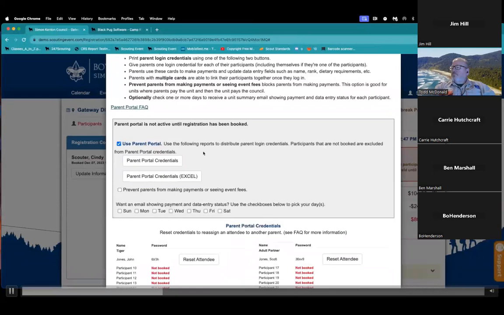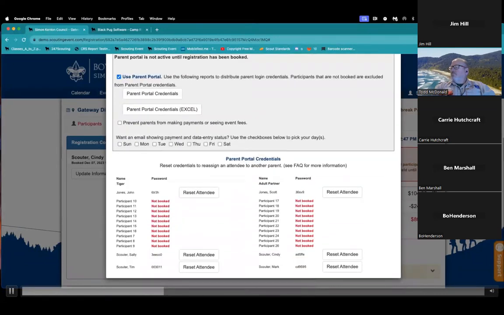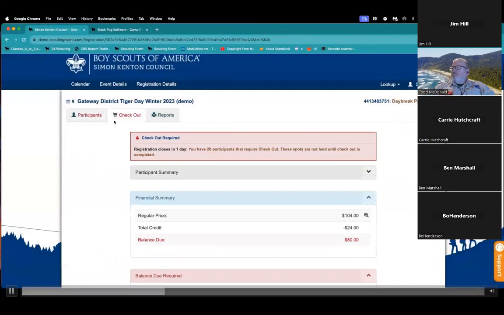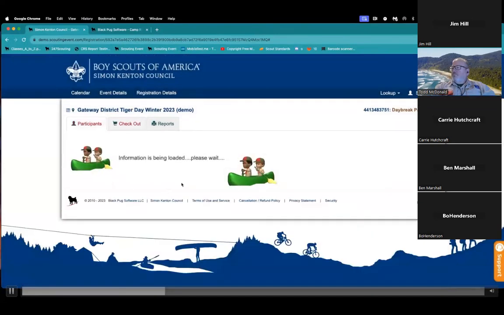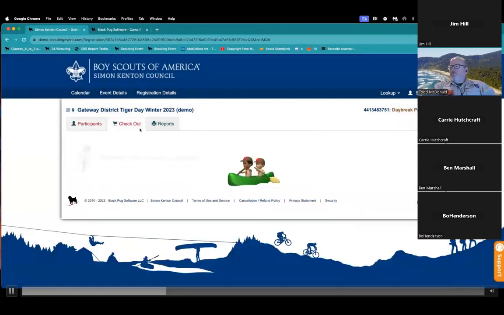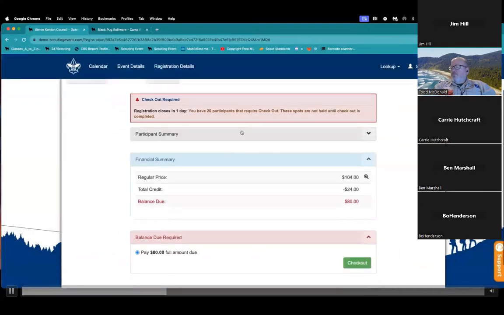I need to go through the checkout process for these youth. So before I can run the credential reports, I'm going to just exit out of here, just click out of the box. And now I can go through the checkout process without having to put in all the required information because I can pass it off to the parent. That's the idea there. So I go to checkout.